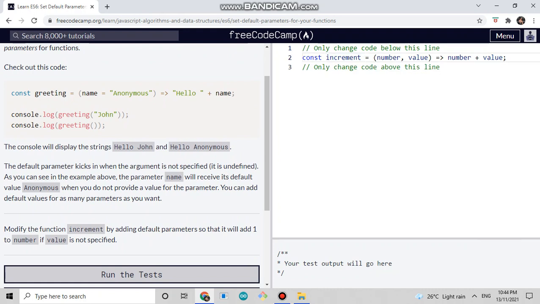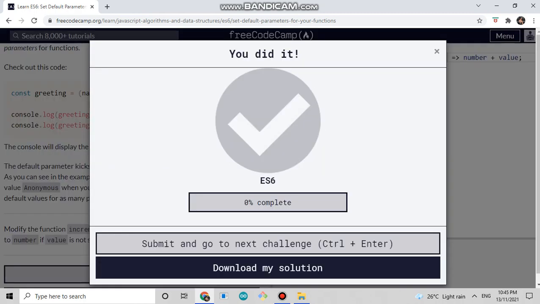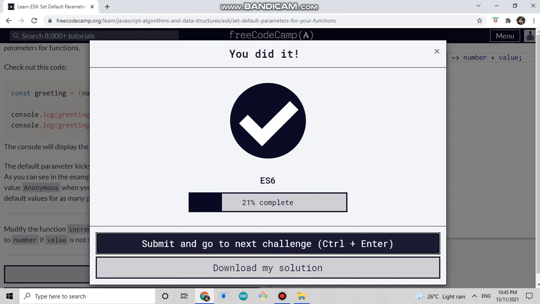So const increment, so number, value is equal to 1, and number plus value. Okay, let's try. Okay, next,